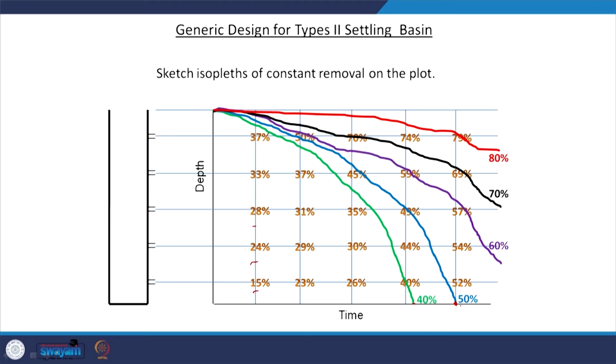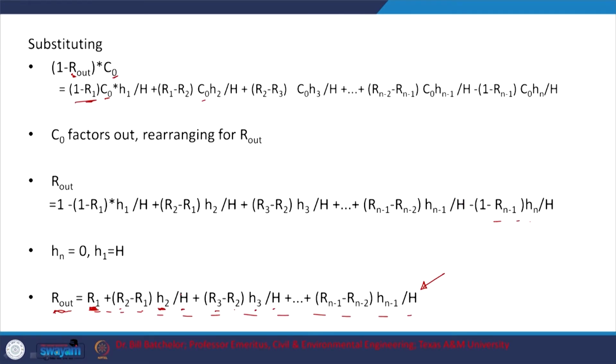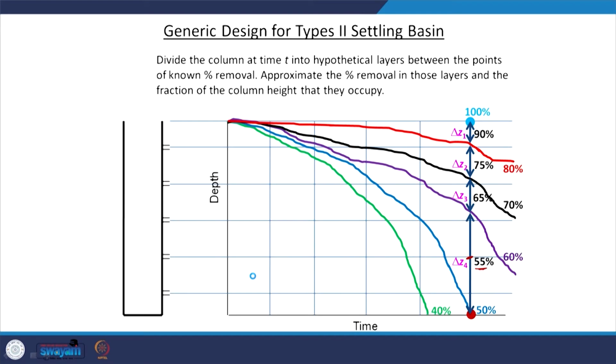Let's say I am looking at this R1, which is 50% removal across the whole H, right? And here we see 55% removal across this, and this midpoint will be your H2, or not H2, this H, I guess. This H will be the midpoint, right? And H3 will be the midpoint out here, and so on. And R2 minus R1, we have the percentage removals out here, and we will use that to get it. Yes, so that's how it comes in. You have 50% removal and different levels of removal. Let's move on.